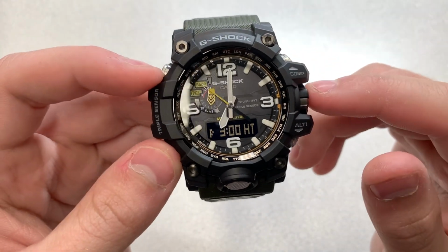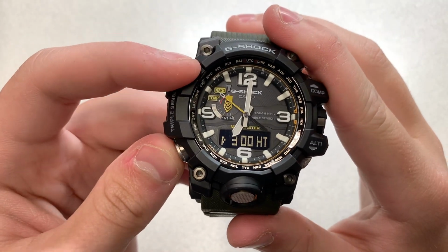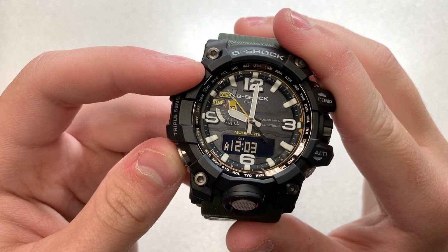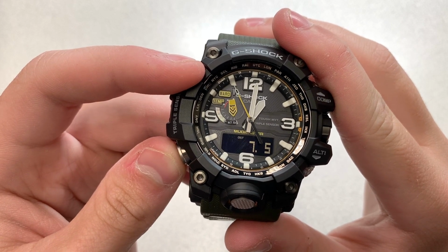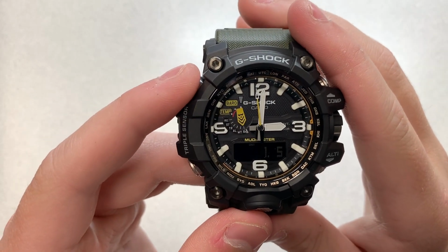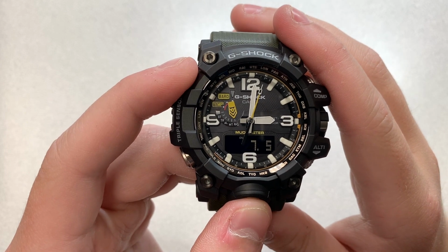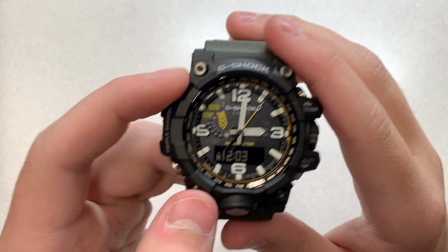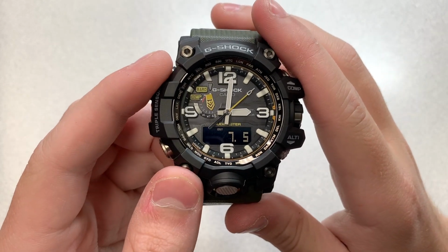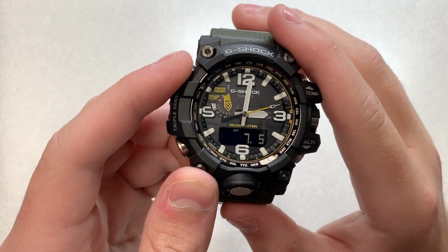I personally would prefer just using the crown function, but you can also go through the cities on the digital screen as well. And then here you have RC, and this allows you to calibrate it with the 6-band sensor or 6-band radio receiver for time. So this watch will actually automatically calibrate itself with atomic clocks using a radio signal that it receives, and it